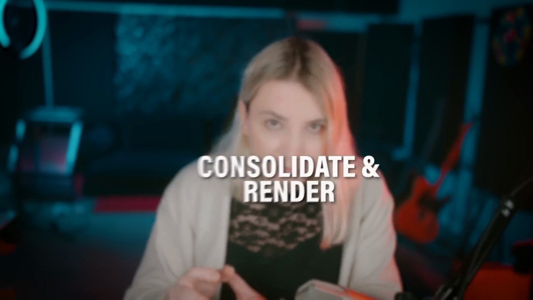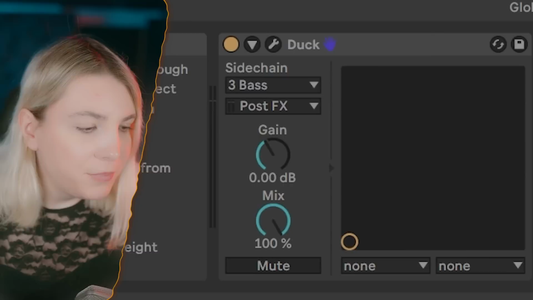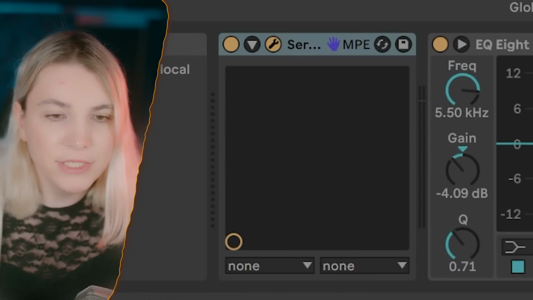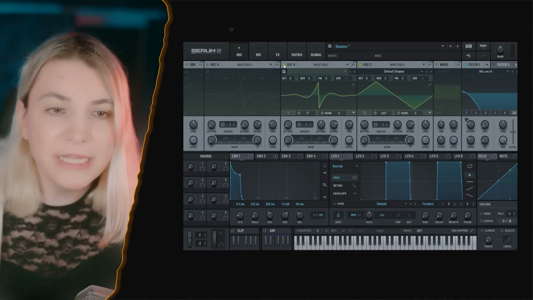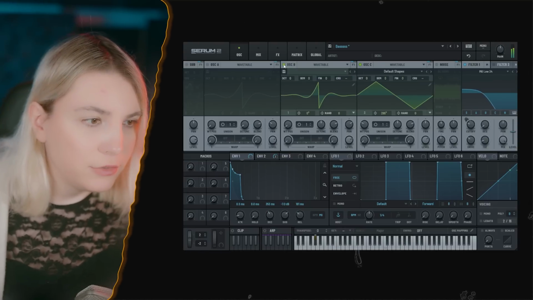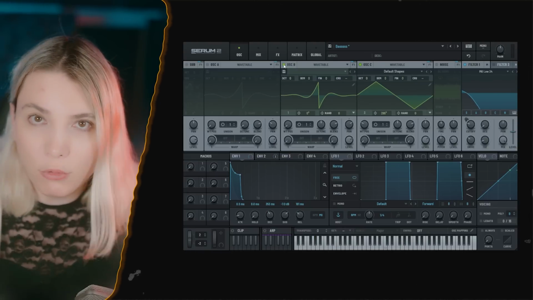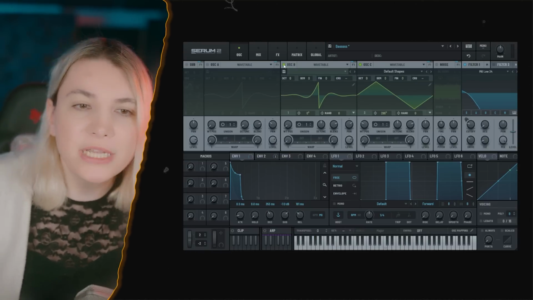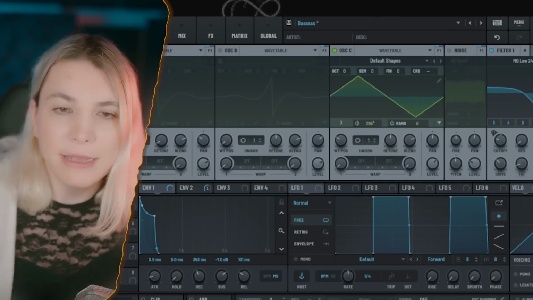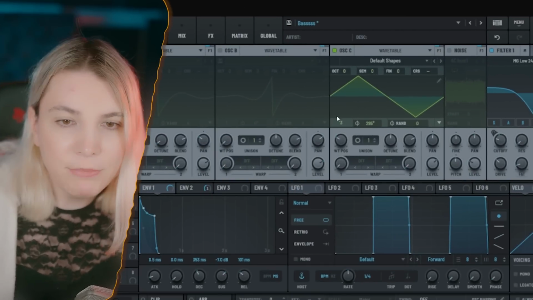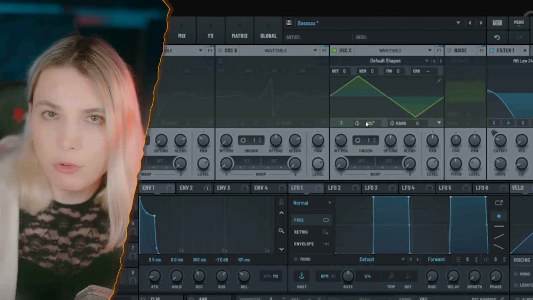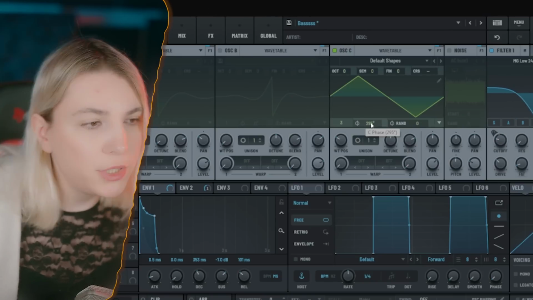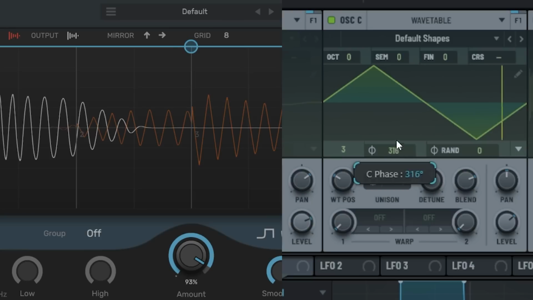How do you fix this one? 2 ways. Either you consolidate and render, slightly move your bass to the left and right, but if you have a synthesizer, in this case I have Serum 2, it's much easier. The original patch is actually like this. So it can get harder to see when all the signals are combined. What I'm doing is just removing the top layer so that I can just see the sub bass here. And I'm gonna go to the random 0, so it's always starting at the same point. And then I'm gonna go to phase and move this